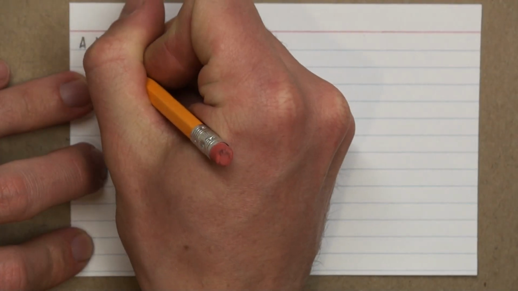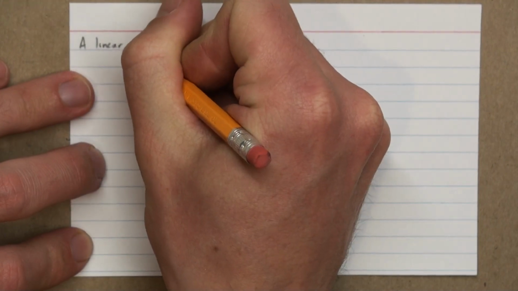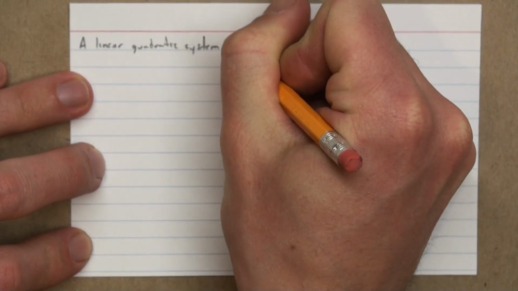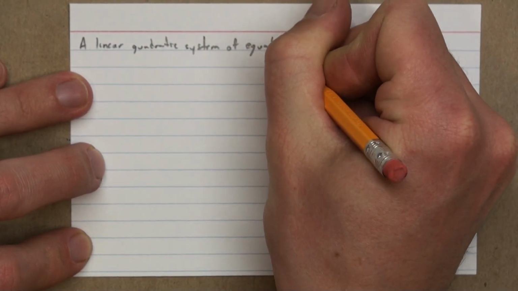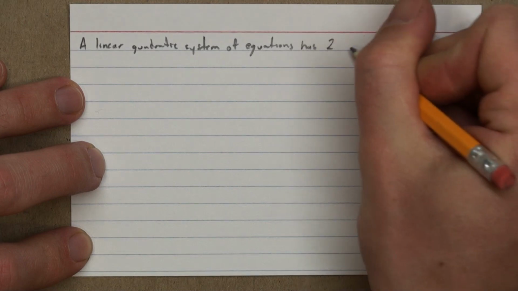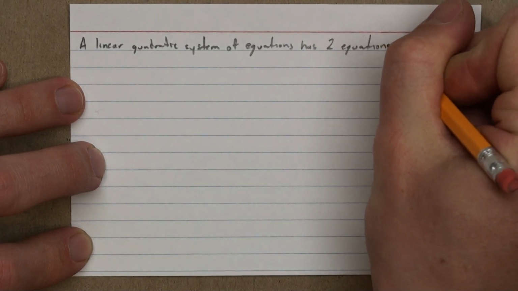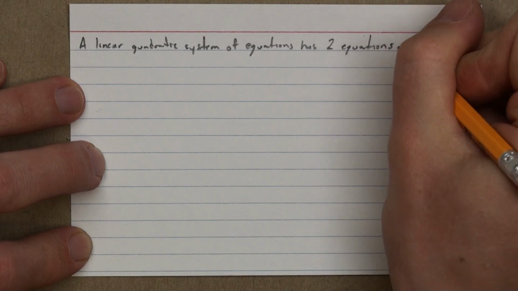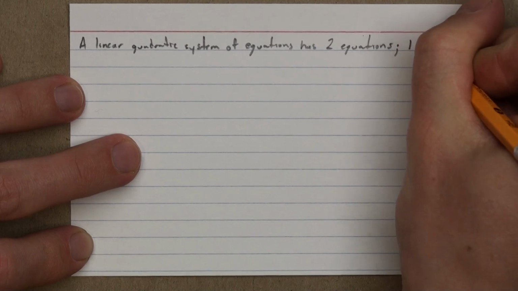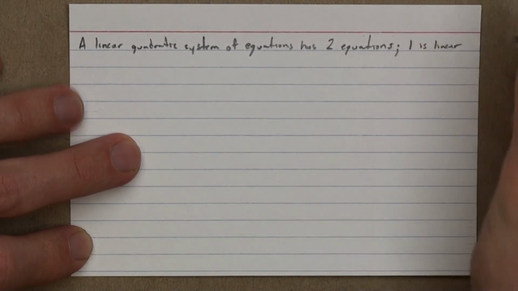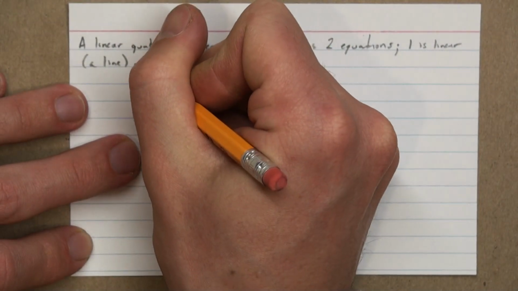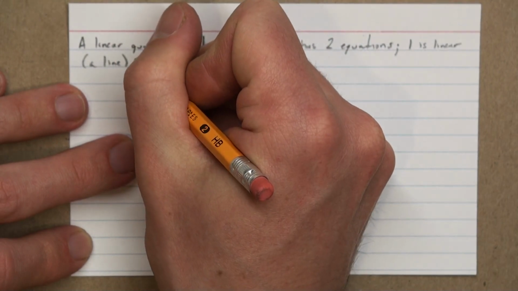Okay, a linear quadratic system of equations has two equations. Let's put a semicolon. One is linear, a line, and